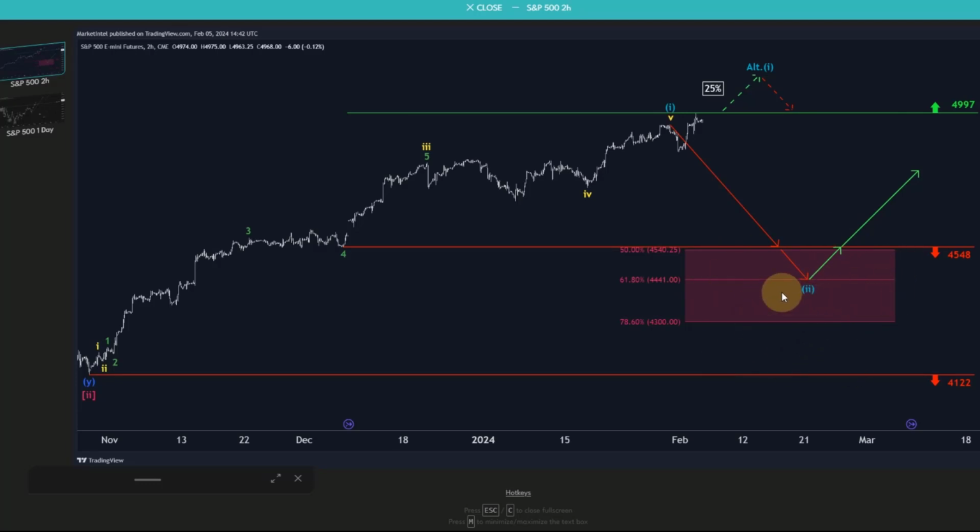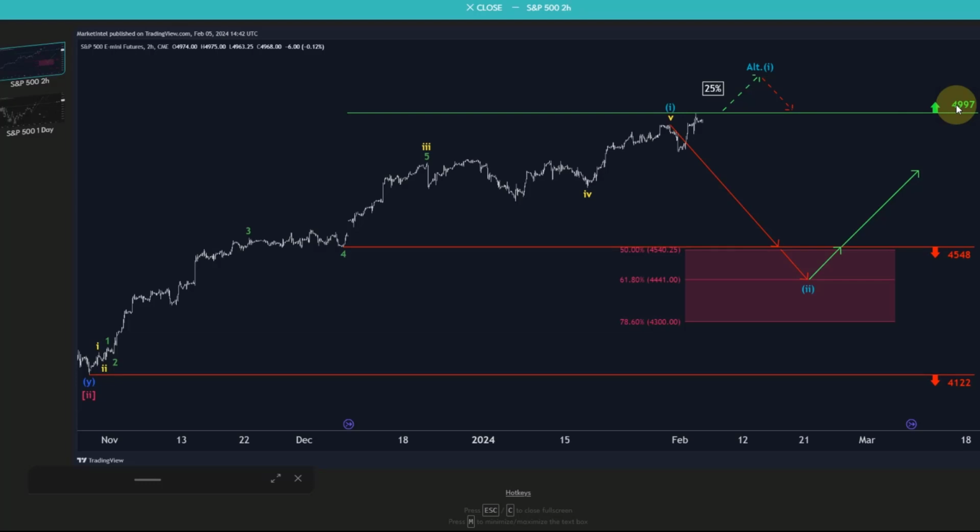Now, if you do that, that's entirely up to you. We usually recommend, if these levels are used, to set a stop loss 1% below the 78.6 retracement level in this case, so below 4,300. But there is no strong evidence yet that this wave 2 has started, basically wave 2 of the magenta third wave. Also, please bear in mind that the 4,997 level is very close to the psychologically relevant 5,000 points level.